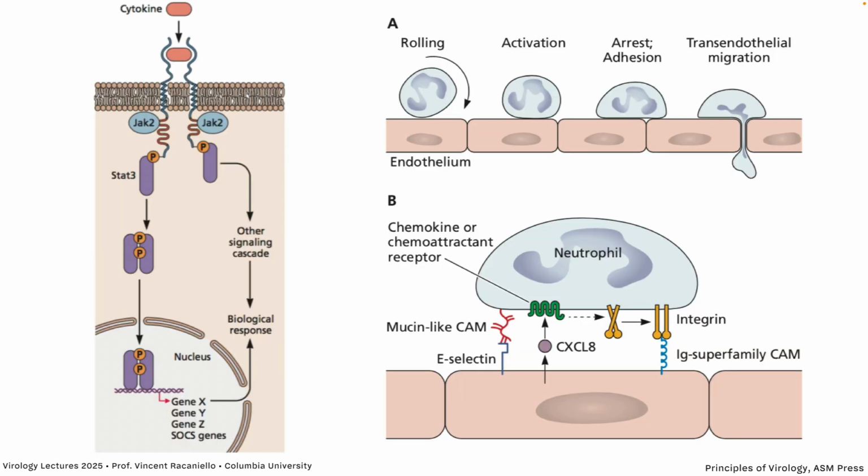Here's an example of how cytokines work. On the left, we have a cytokine binding its receptor. It initiates a signaling pathway. And here you can see there are some proteins going into the nucleus and turning on the transcription of genes that eventually give a response, whatever the cytokine or chemokine is doing. And on the right is an example of that. Here are